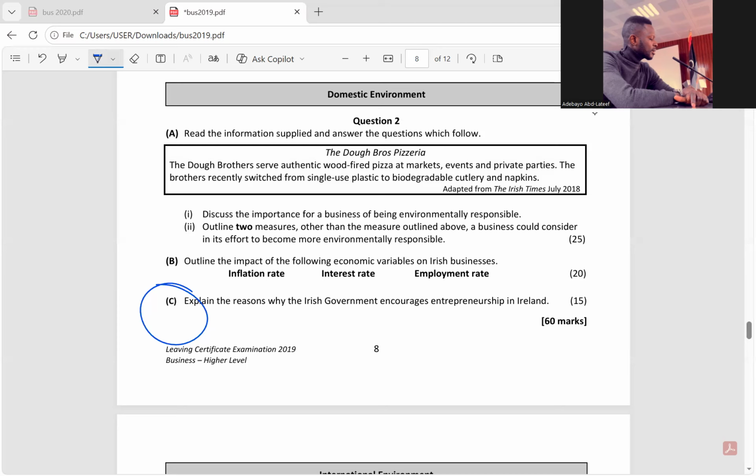Two, taxation. The increase in jobs together with business activity will increase taxation revenue for government. As soon as people are engaged, businesses will be selling more. People will have more money to buy. VAT, value-added tax, will increase. Income tax will be paid. Corporation tax will be paid. Capital gains tax will be paid. All these taxes will be paid to government, and that increases government revenue. So government would always want to encourage entrepreneurship.